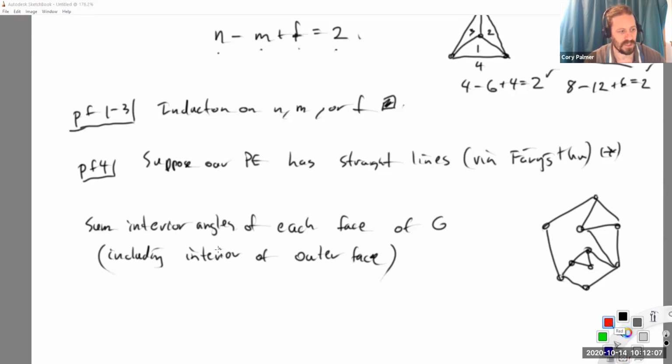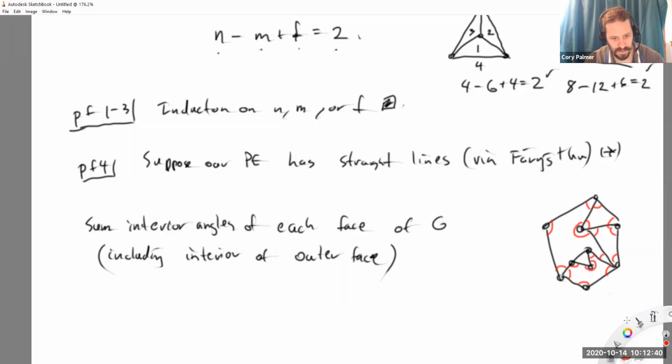Okay, so each face is a cycle. Moreover, each face is a polygon, not a convex polygon, but possibly a concave polygon. But for each one of them, I'm going to sum up the angles. So like this triangle here, I'm going to add that angle plus that angle plus that angle. For this triangle here, add this plus this plus this. For this funny looking face here, I'm going to add up this plus this plus this plus this plus this big angle, but that's okay, right? For this one, I'm going to add up these angles